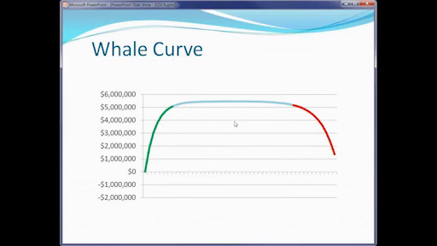The second element that's very important to think about from a philosophical or strategic standpoint is understanding the whale curves. And this is illustrative of what's actually going on in the business. And those of you that haven't seen whale curves before, this is one of the most important dynamics in your business. And what we're looking at is a small business here that has, we've just ranked all of the customers by profitability. So we start with 0, we put the most profit on the 2nd, 3rd, 4th, 5th, and so on until we run out of customers running down the list.